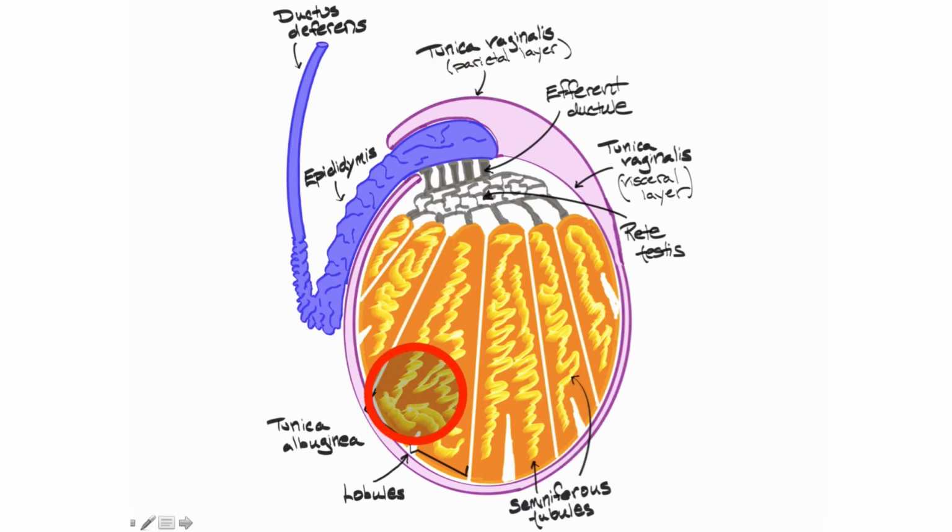Once again, we talked about the seminiferous tubules, where the process of spermatogenesis is going to occur. Within dark orange here are the lobules. There's about 250 lobules per testis. And once again, the seminiferous tubules are in the testis. Between the visceral layer, which is this purple layer right here, and the lobules is this white area, and that is the tunica albuginea. Tunica albuginea.